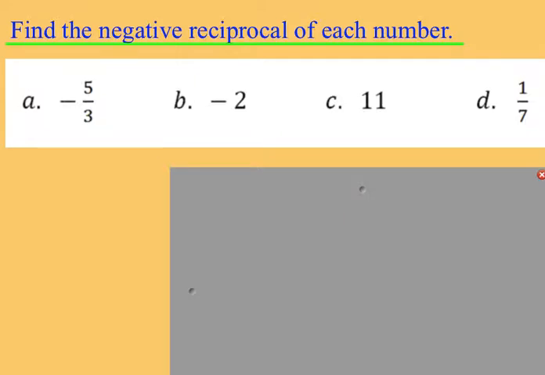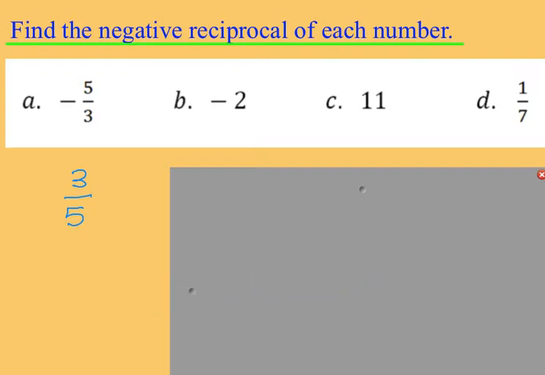So now we're just going to practice finding the opposite or negative reciprocal. For this first one, example A, I have a slope of negative 5/3. So the opposite reciprocal of that means it would be positive, and then I'm going to flip that fraction over. So I would have positive 3/5. As I move over here to question number 2,